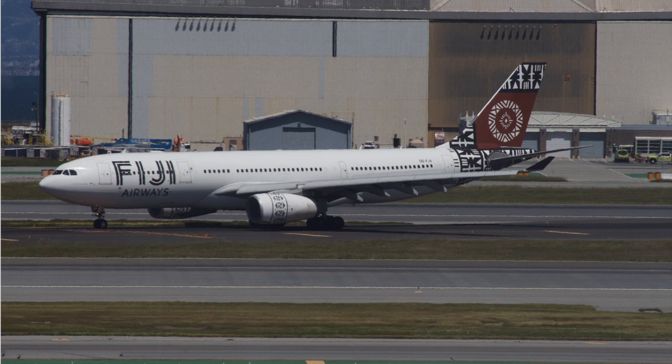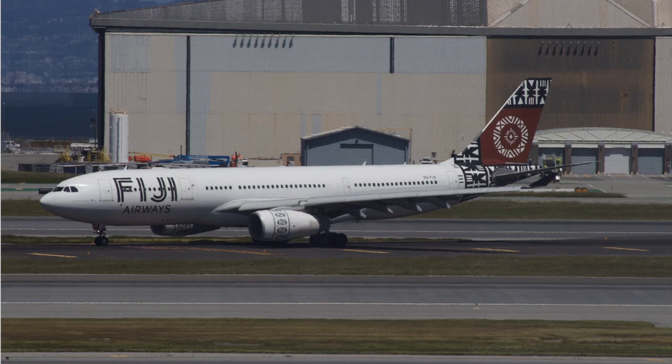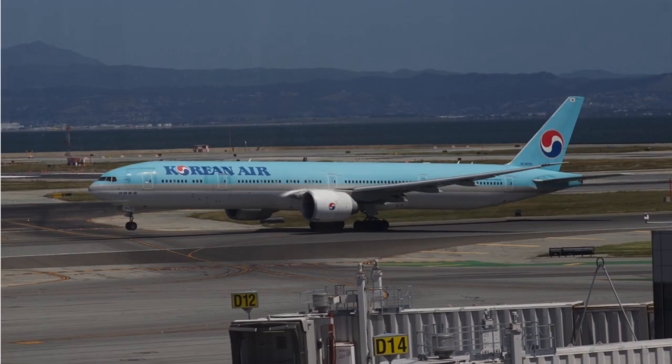Despite the heat haze, it's too hot and heat distortion is present on this photo, but I don't care too much. I got a beautiful photo of this aircraft right there, so looking very nice. So yeah, that's the Fiji Airways A330-200, and here we have the Korean Airlines Boeing 777-300ER, and she's going to